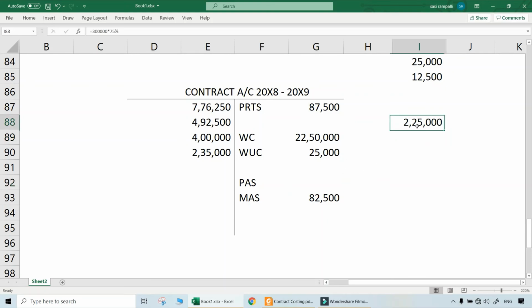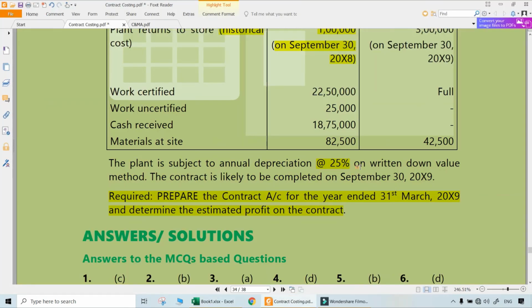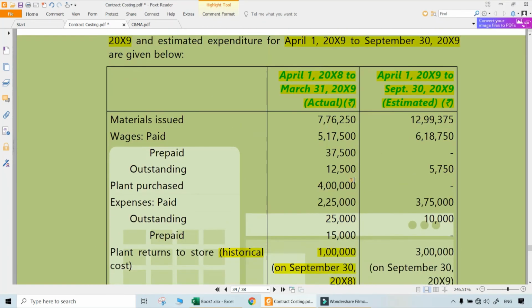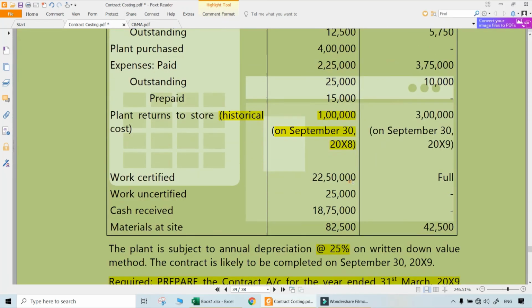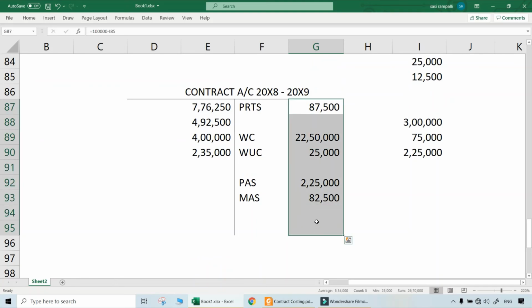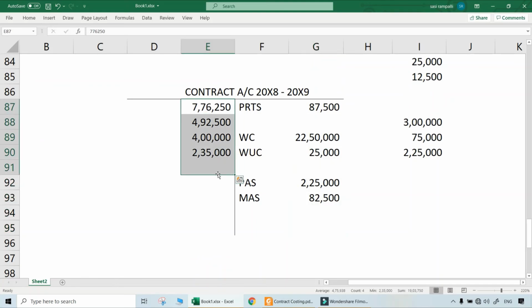So you can take separately also, taking 3 lakhs, then taking 25% of that as depreciation for the entire year, because this was used for entire year. Then what will be the plant at site at the end of the period? That will be 2 lakhs 25,000. For this also, separate working notes can be written and computed. So these are the various items related to the real things that happened already in the year 2008-9. That's all. All that we need to do is total, which side is higher. This is 26 lakhs. This is only 19 lakhs. So definitely this side is higher.